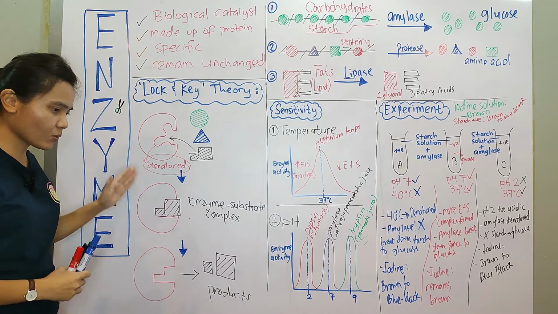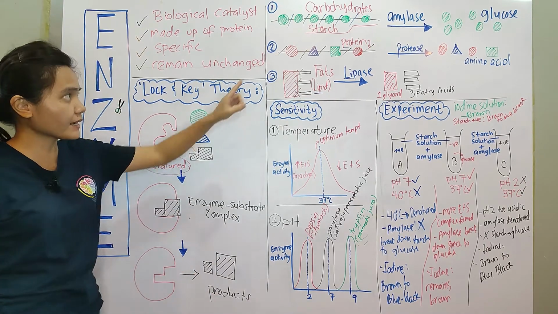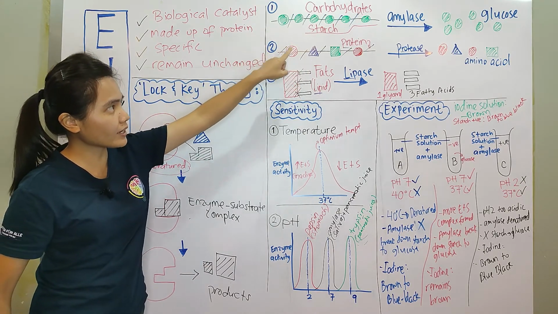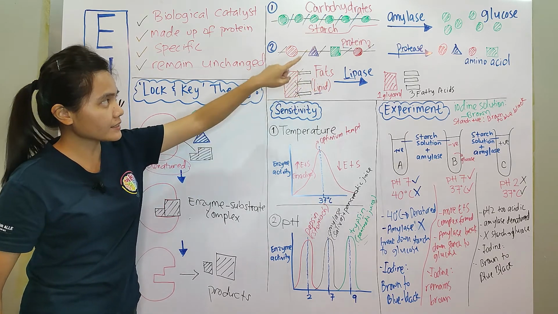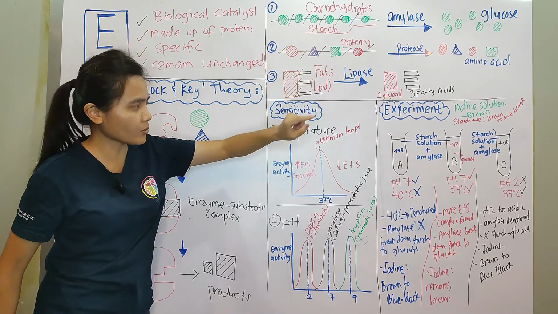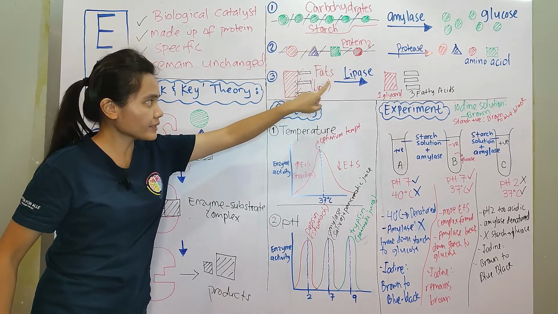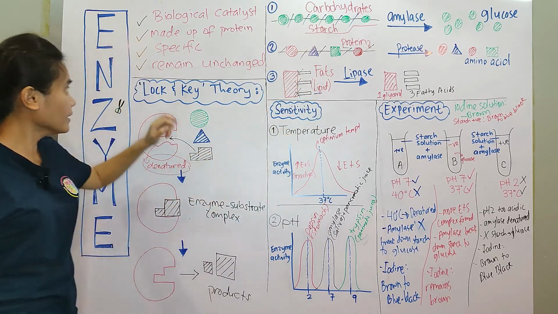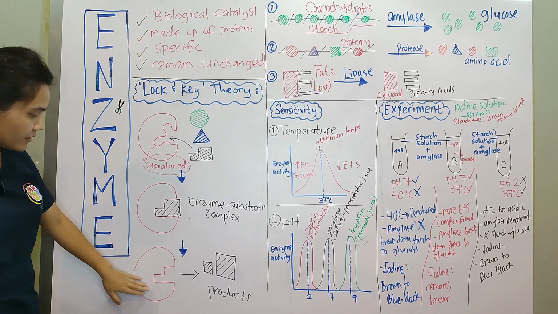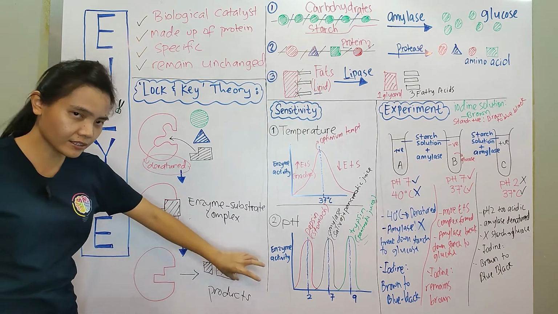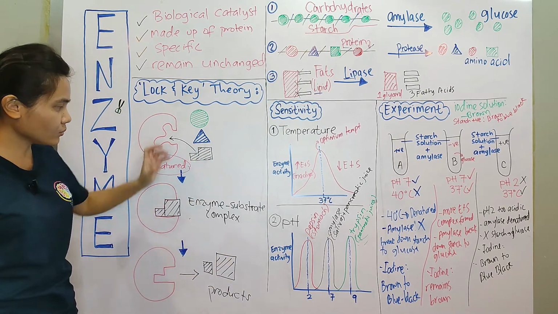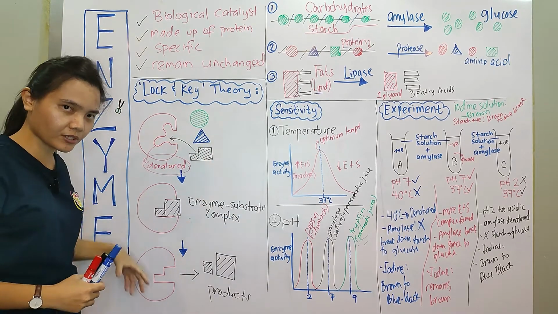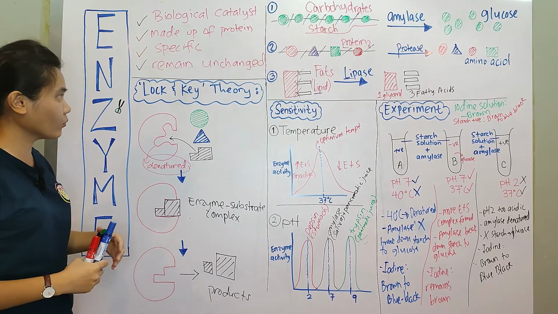So one enzyme will break specific substrate, like amylase is an enzyme that breaks down carbohydrates to glucose. Protease is an enzyme that breaks down protein to amino acid. Lipase breaks down fats only into 1 glycerol and 3 fatty acid. And then it remains unchanged after the reaction, so after it breaks down one substrate, it will go and find another substrate, and then they combine again, then produce more product. That is how enzyme work.